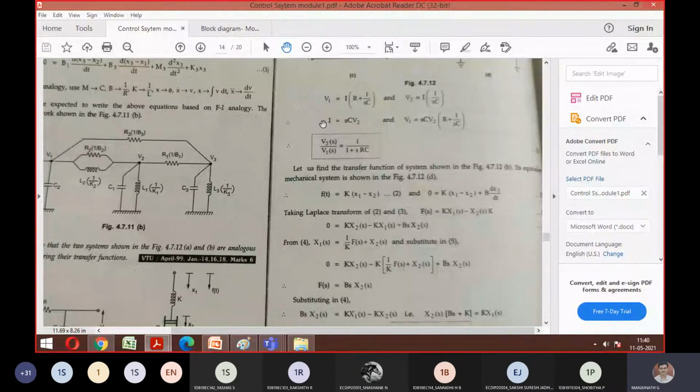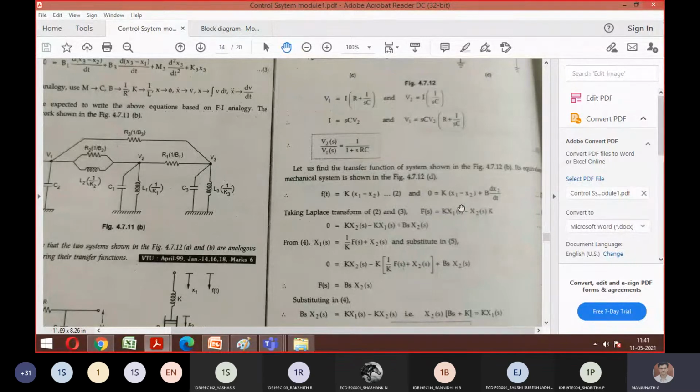Yeah. So after doing Laplace, we are doing simplification, like how we did in your electrical circuit. I had taken only I, right? The same way we are considering only x1. Look at here, this is your equation number 4. So this is 2, 3, and this is 4. So this is equation number 4. From this equation, they are trying to get only x1, like how we got I1 from the previous one.